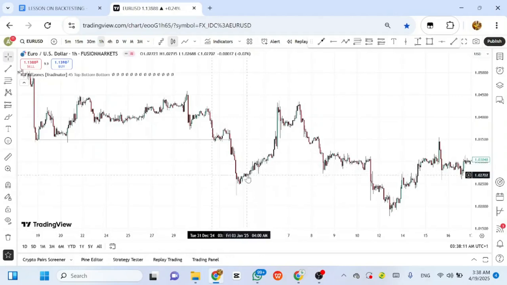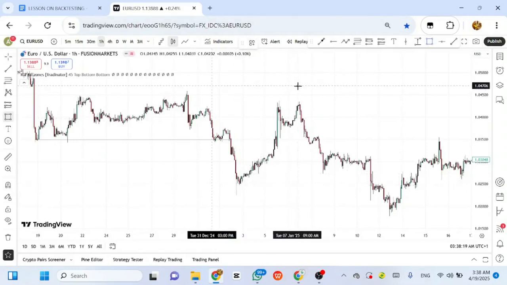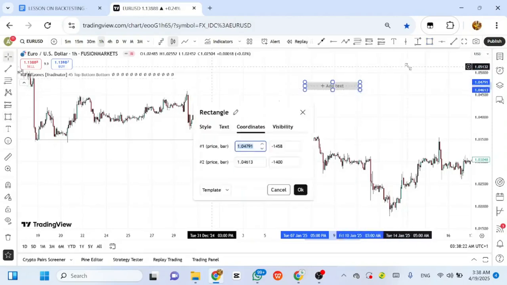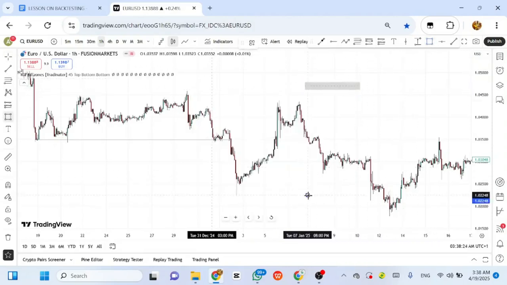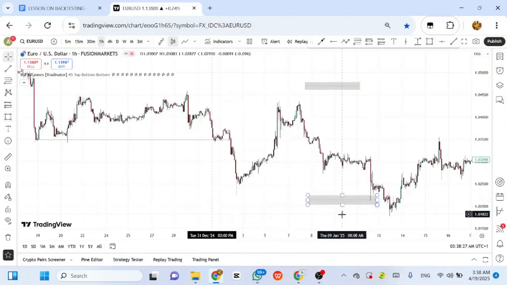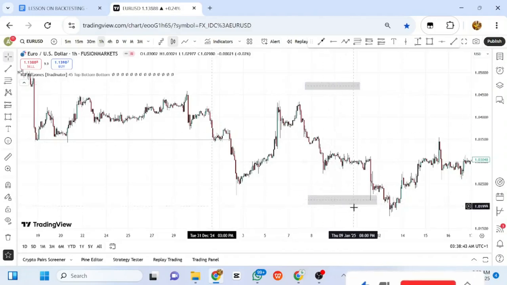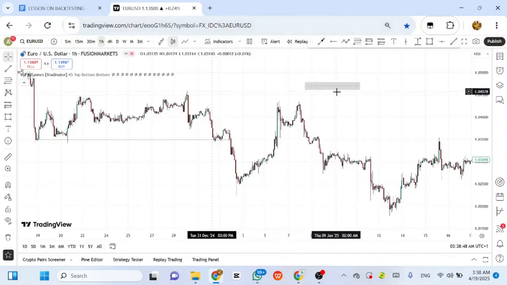Looking at this again, this is a 1 hour time frame. So demand and supply. What is demand? This is supply. This is demand. When they say the demand of the currency is high, that means the buying pressure is high. So a demand zone is a buying zone, and a supply zone is a selling zone. When the market taps a supply zone, it sells. When it taps a demand zone, it buys. Take note of that, and I mark my demand zone.